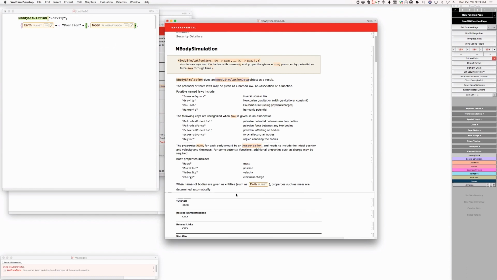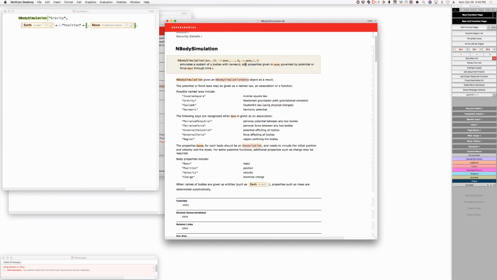Okay, so let's start this from the beginning again. First of all, I think we should say law because it's a single law. Well, yes, in the simplest case, but it can be a combination of things. So you could give an association with a bunch of laws. I understand. You could give a pairwise potential and an external force. Okay, all right. Simulates a system of n bodies